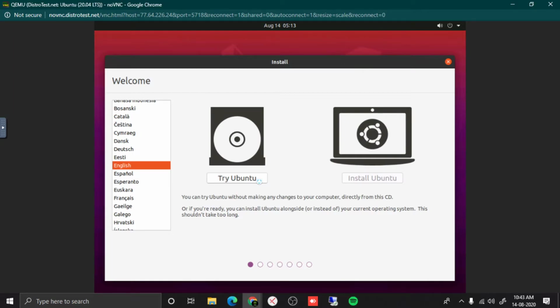On this server Ubuntu 20.04 is not installed, but there are operating systems which are already installed in it. You can click on try Ubuntu to try the Ubuntu based operating systems here.